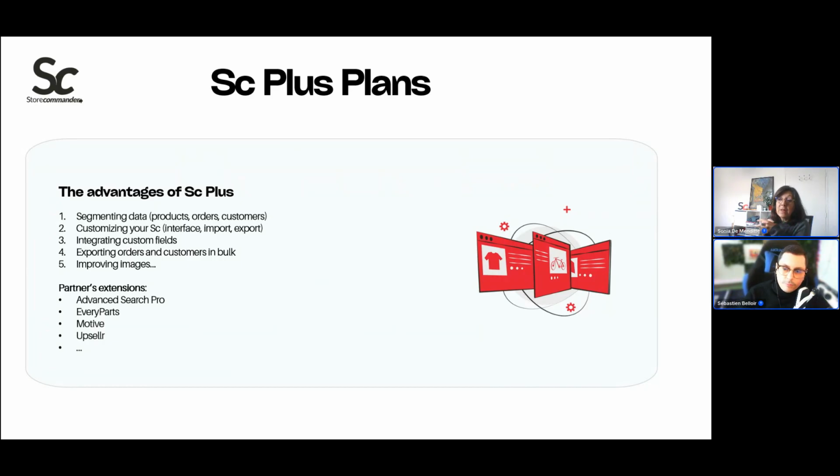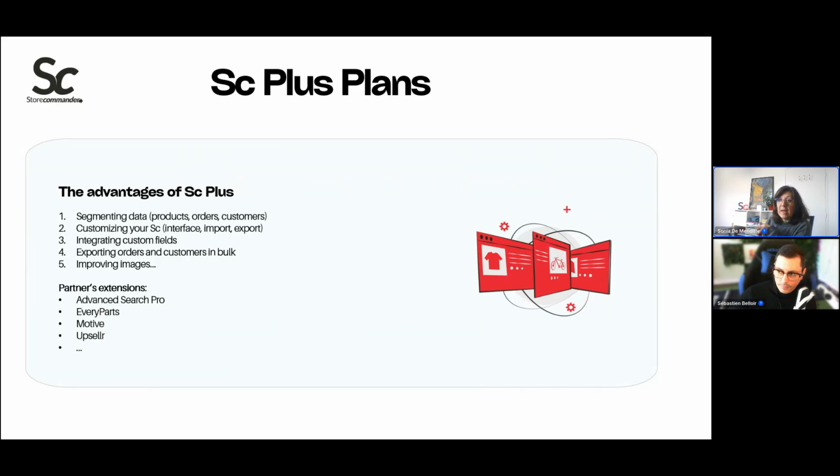And we also work with partners. We have web agencies, but we also have what we call technical partners, such as Advanced Search. Some of you probably use it already. We work with Everypart as well. They refer to product compatibilities. We work also with Motive, who provide a search engine for your website.